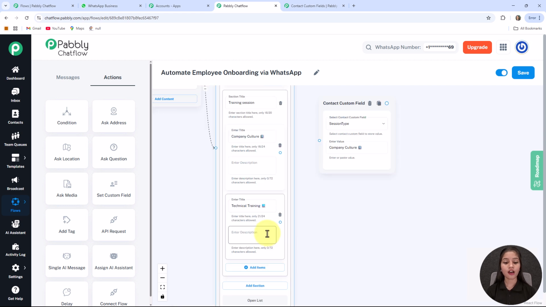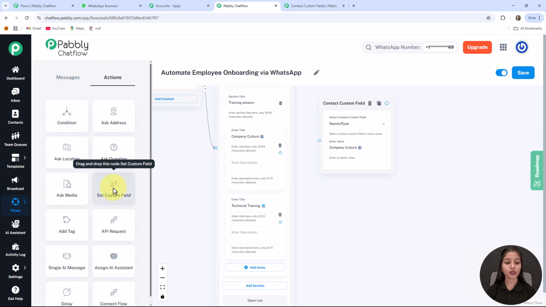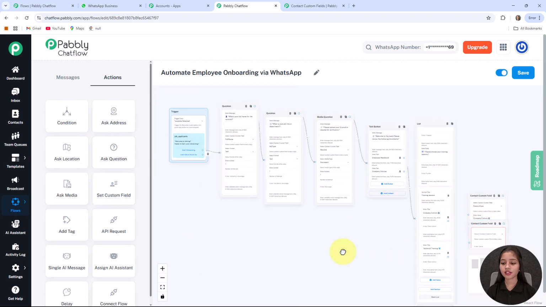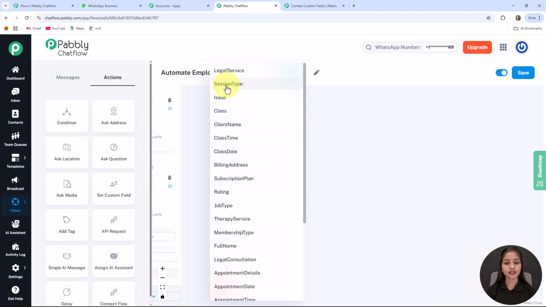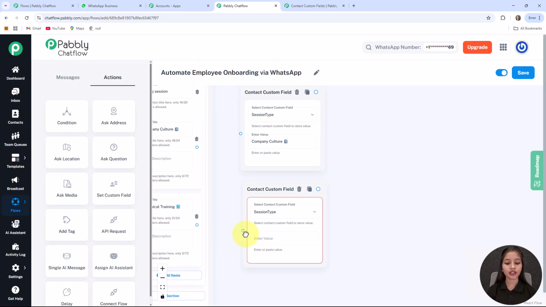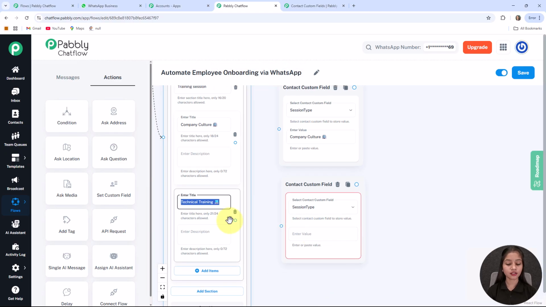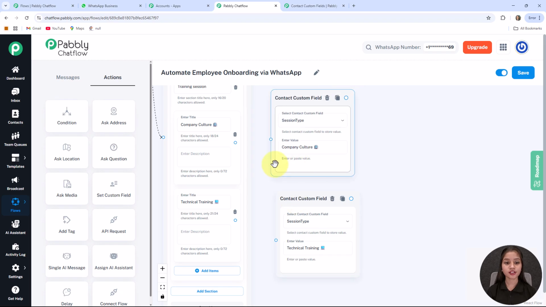Here I write. After that, for this also I am going to do the same, that is again taking one set custom field button, drag this box here, selecting the contact custom field as session type. After that, in this enter value box, I am going to write this. Here I set it to contact custom field for both of these, but you have to change the value